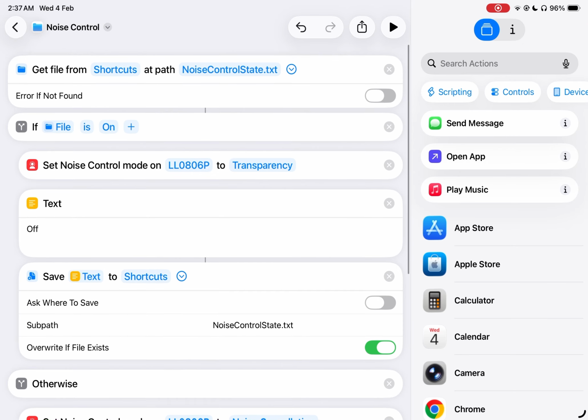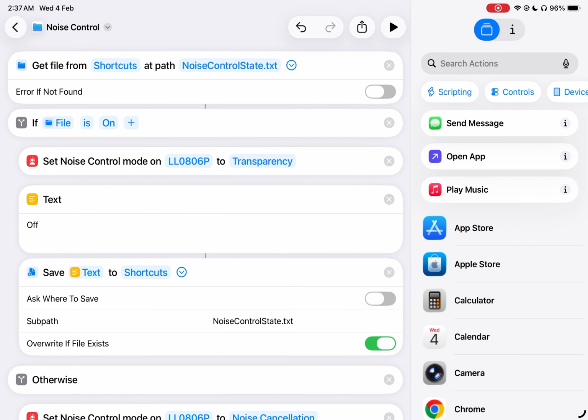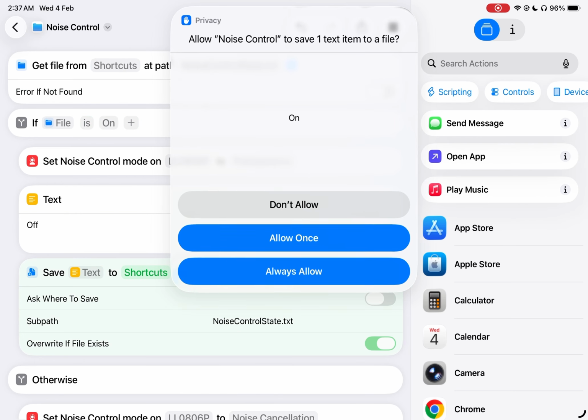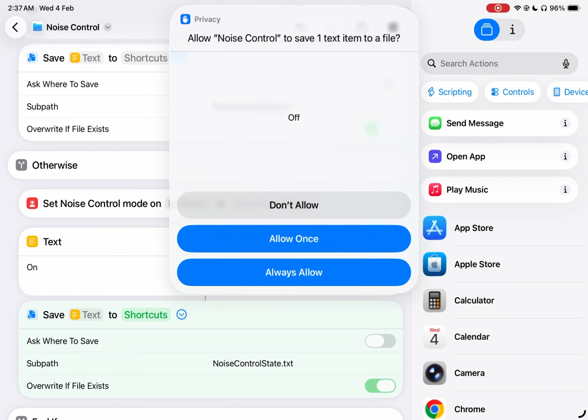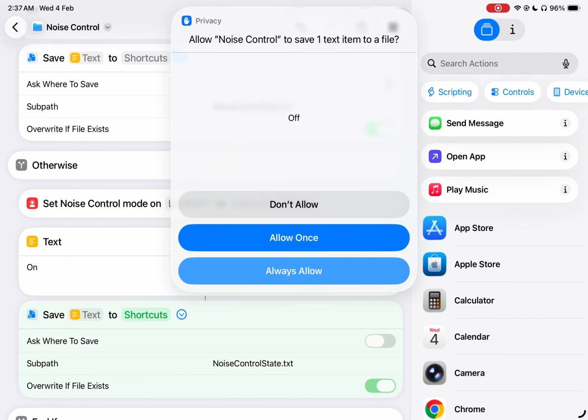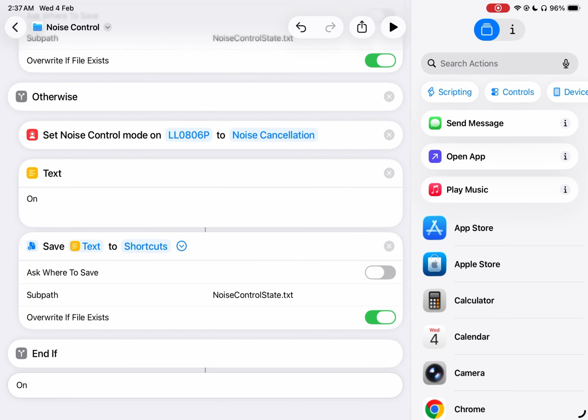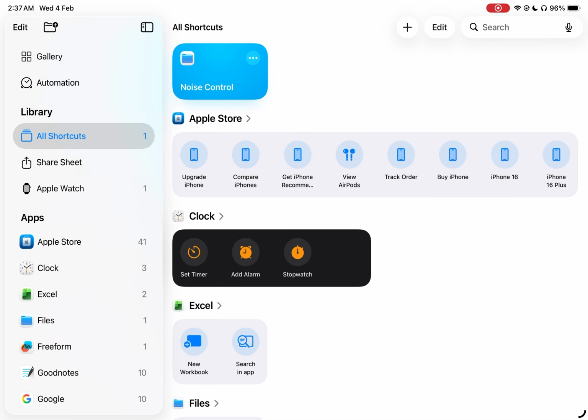Finally, run the shortcut. You might need to run it twice to get it started. When the privacy prompt pops up asking to allow noise control to save a file, make sure to tap Always Allow. And there you go. You can now assign this shortcut to your action button so you don't have to reach up and press your